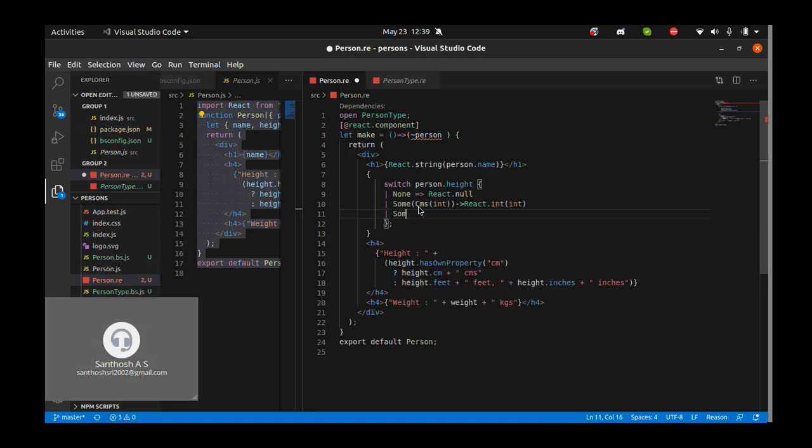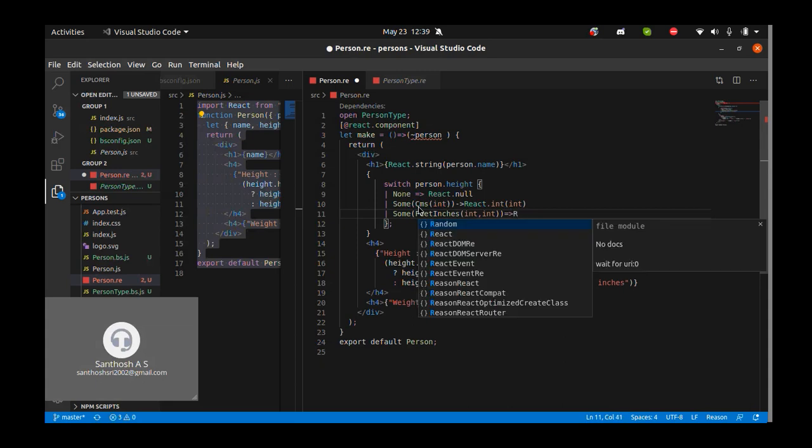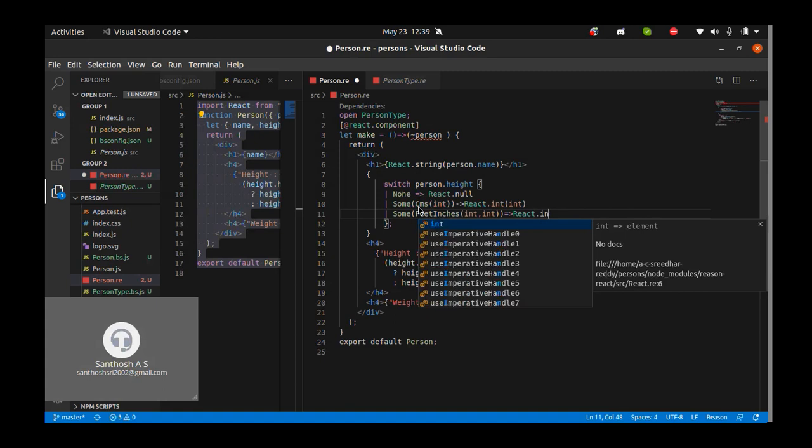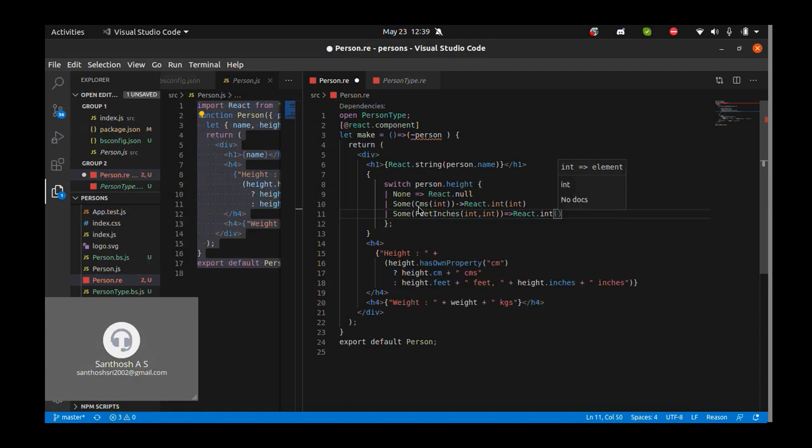If it is Some of feet, inches, of int comma int, so what you can do is React.int of,